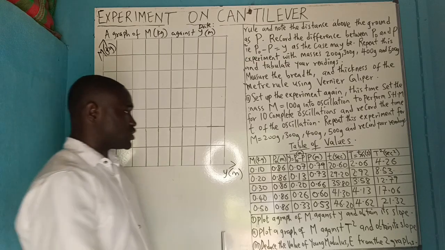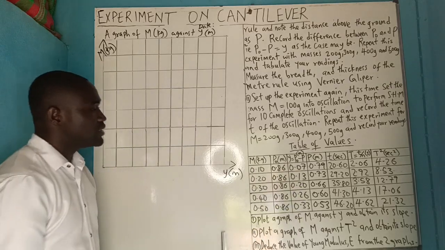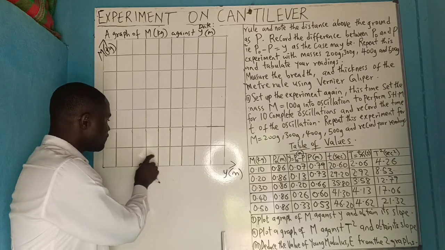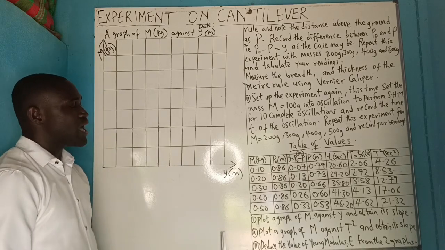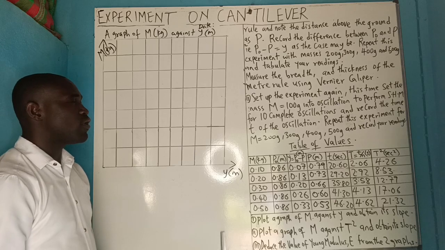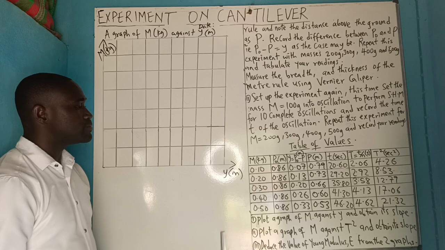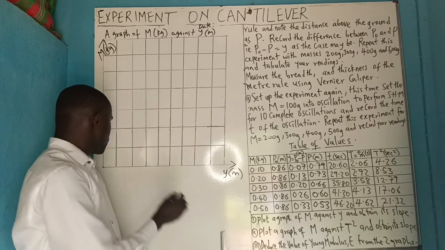Okay, let's check this too. Should we start from origin here too? Let's check. So if I say 1, 2, 3, 4, 5, 6, 7, 8, 9. 9 times 6 will be giving me 54. Oh wow. 9 times 3, 27. So 9 times 4, 36. We can go by 0.04. You just say,